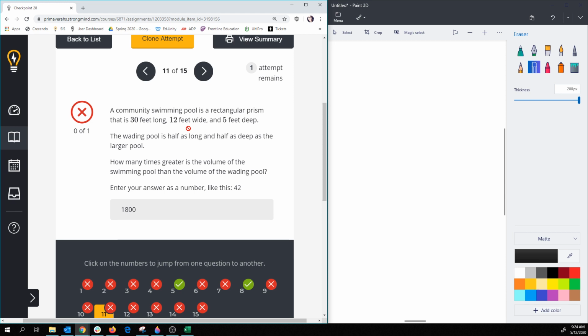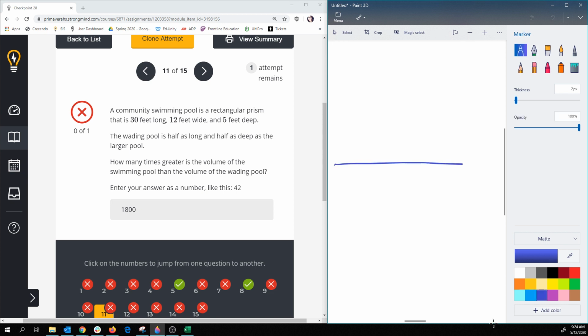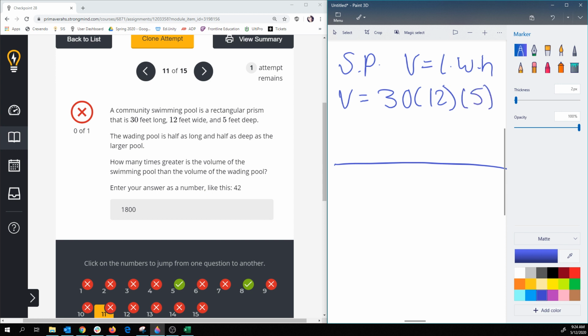Okay, so let's kind of have this separated here. So here we have our swimming pool, and we are going to use length times width times height. The dimensions of my swimming pool are 30 by 12 by 5. Okay, and then I have this wading pool down here. And I'm still going to do length times width times height. However, it tells me that in that wading pool,